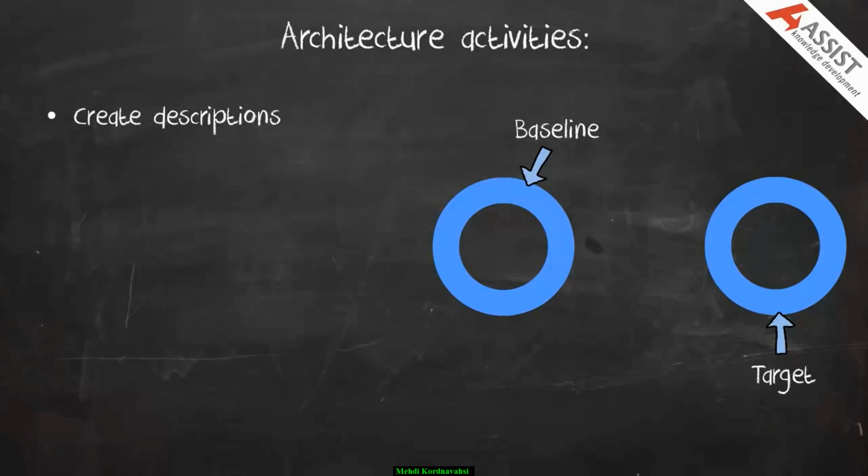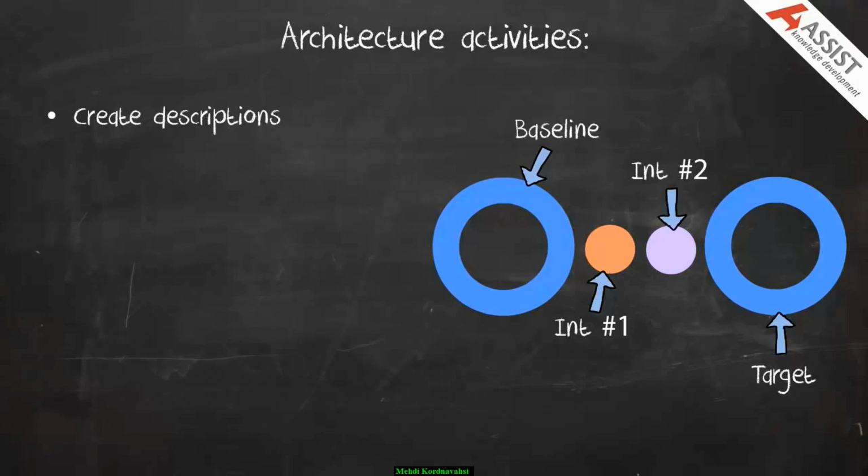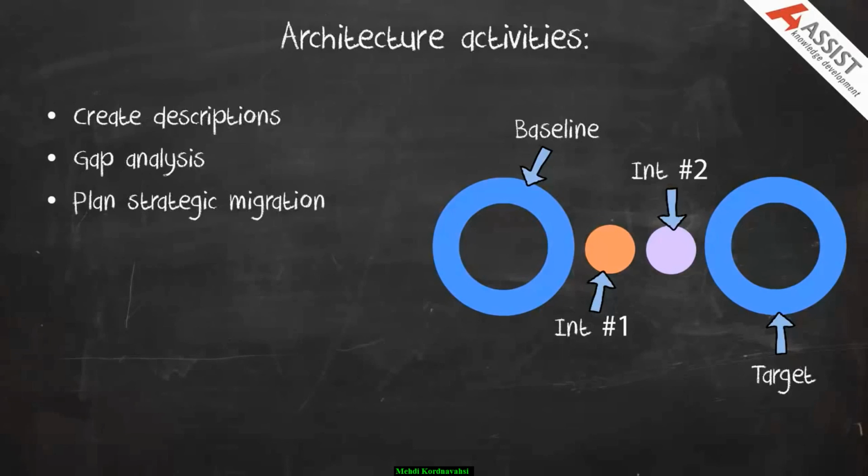And these typically represent the strategic vision of the organisation or enterprise, where they want to be in 3 to 5 years' time. That gap may be a little bit large, so you may have various other intermediate architecture descriptions as sort of stepping stones or milestones, if you like. With our baseline, intermediate and target domains, we can now start to compare them to see where the gaps are, the differences, what needs to change in these architectures to enable the organisation to move forward. What we can then do is begin to put together some sort of strategic migration plan as to how these various different gaps are going to be filled.